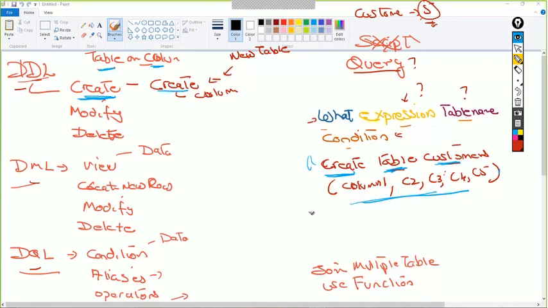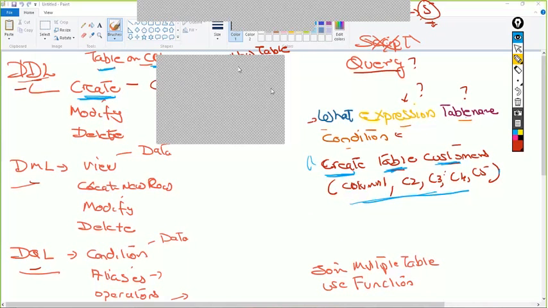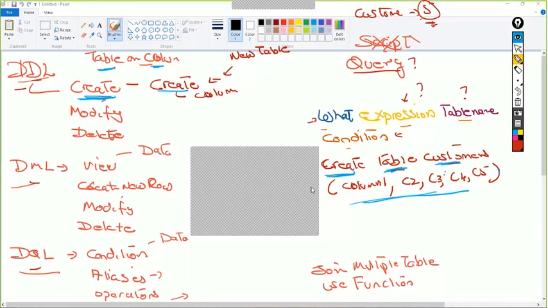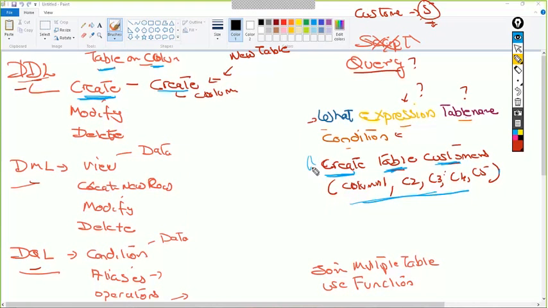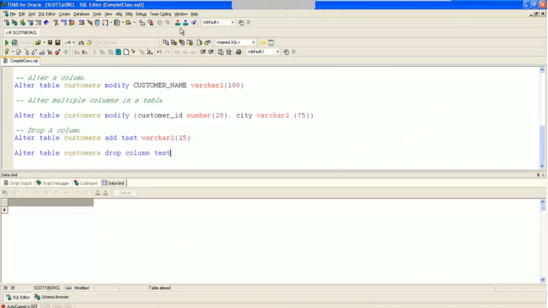Guys, you are able to understand this? Are you guys able to understand this? Yes. You will understand? Yeah. So let's write this in. Now, in order to access my Oracle,